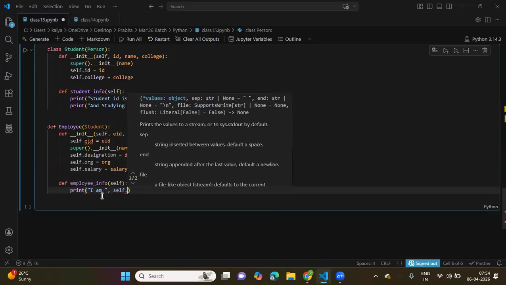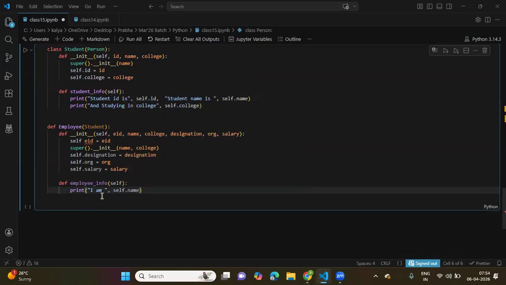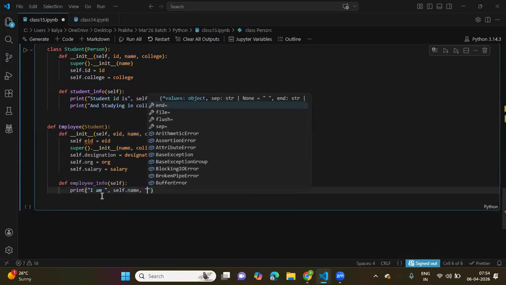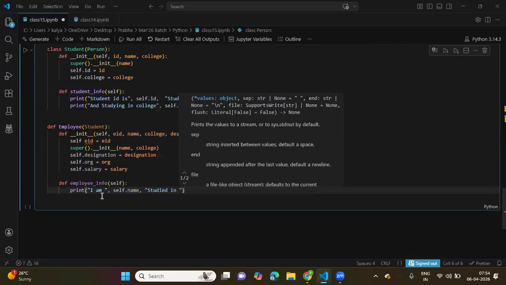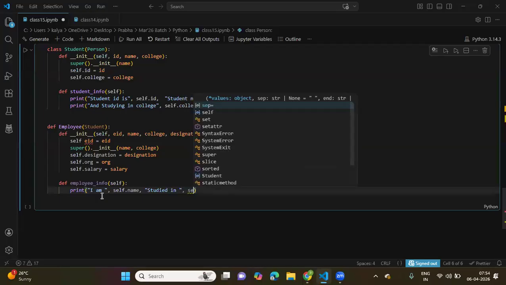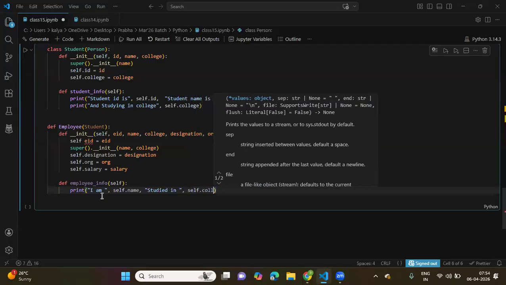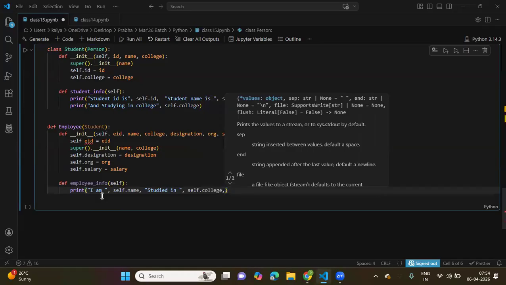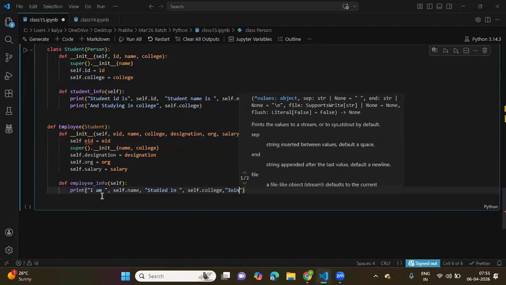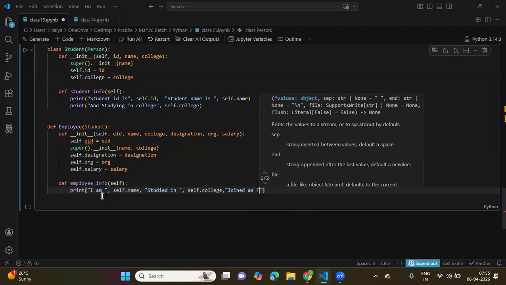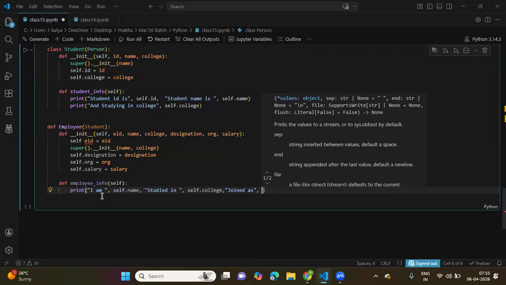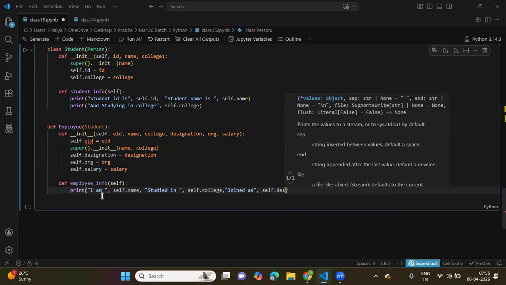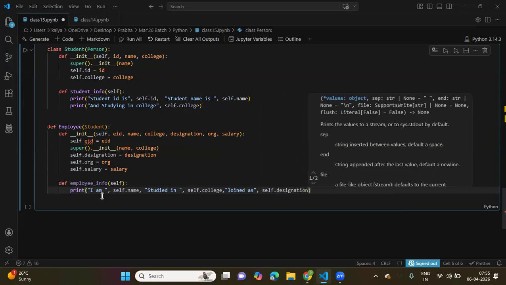Self dot name is the name of the employee. Studied in self dot college. He is introducing himself. Let's say studied in some college. Joined as designation. Joined as self dot designation